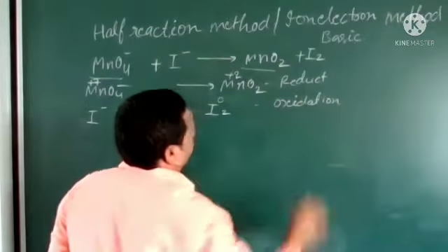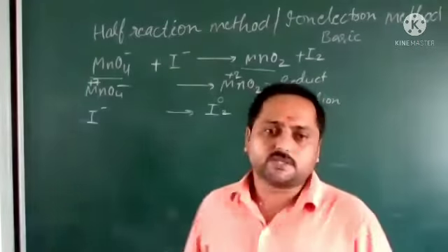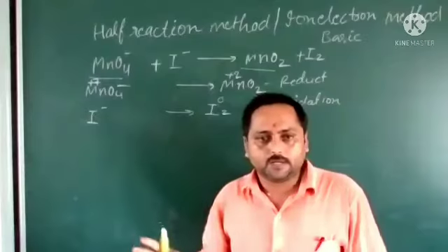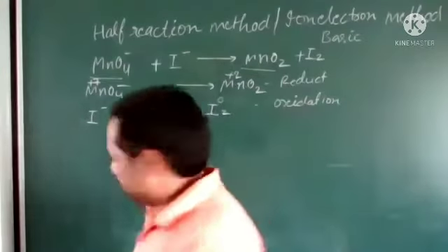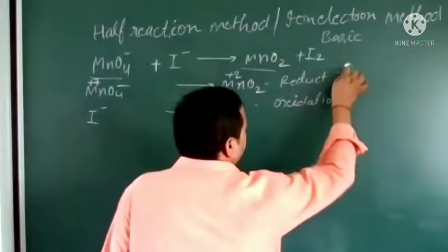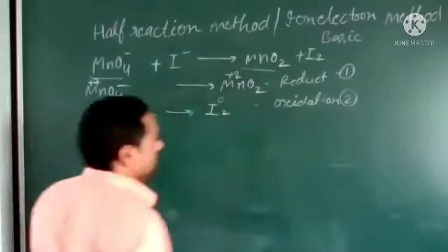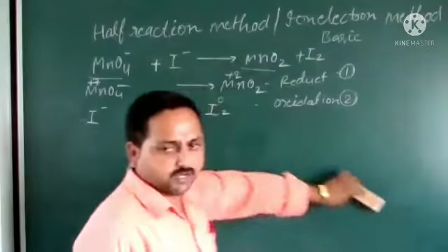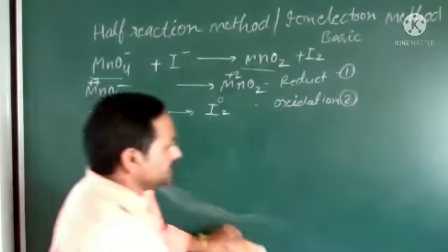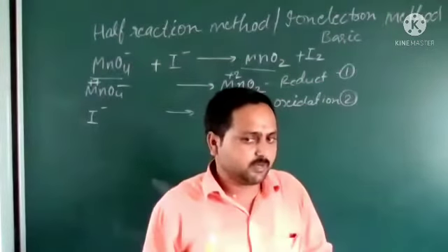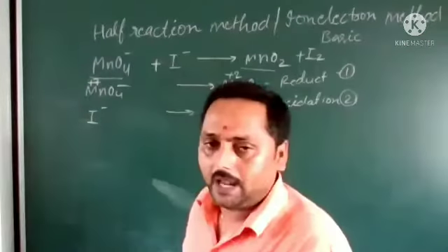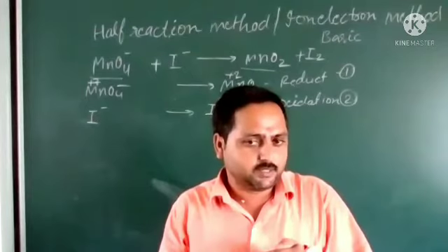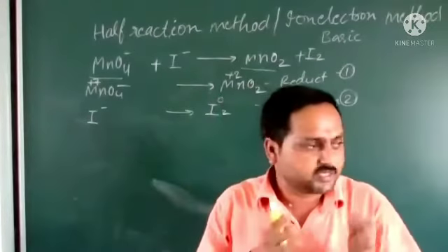So we got two half reactions. Now we will solve each half part, then we will add them. I can write this equation first and this equation second. Remember, we are solving in basic medium. So where is the difference in solving an equation in basic medium? What extra steps do you have to do in basic medium? I will inform you.